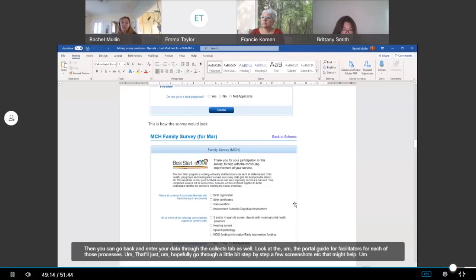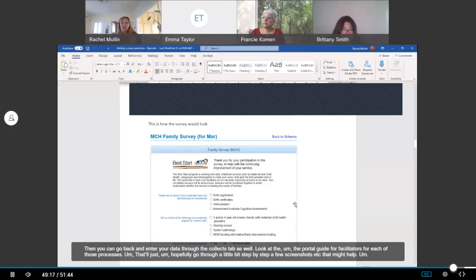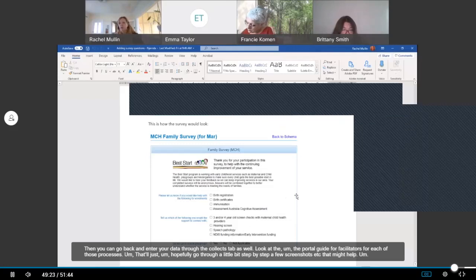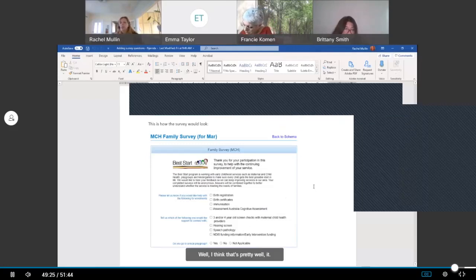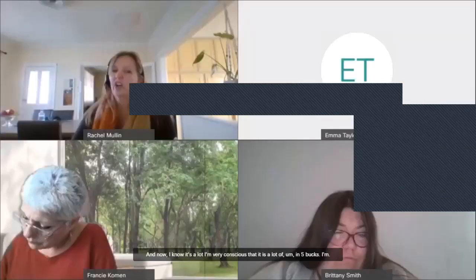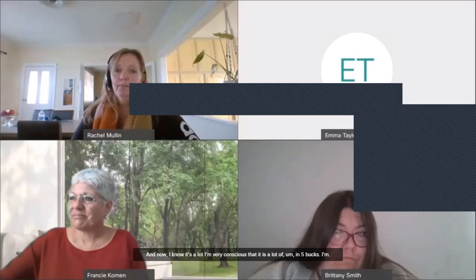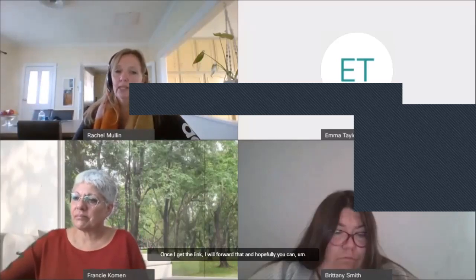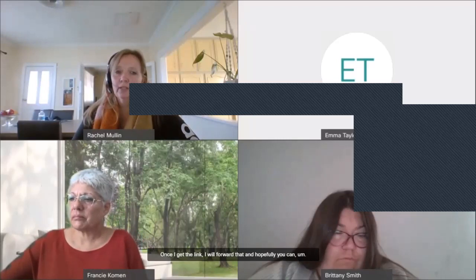Look at the portal guide for facilitators for each of those processes. That'll hopefully go through a little bit step by step, with a few screenshots, etc., that might help. But I think that's pretty well it for now. And I know it's a lot. I'm very conscious that it is a lot of info, but once I get the link, I will forward that, and hopefully you'll be able to watch this